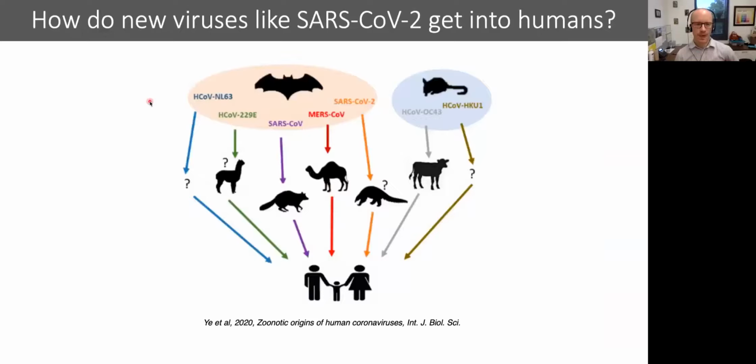Next big question, how do viruses like SARS-CoV-2 get into humans? Well, this typically occurs by what's called spillover from another species. So this graphic shows the likely origin into humans of various coronaviruses. So all of these little COVs are different coronaviruses. And as you can see, the evidence very strongly points to the fact that SARS-CoV-2 originally comes from bats, with maybe an intermediate host along the way, like a pangolin. And so what this means is basically somebody at some point had contact with a bat or a pangolin that had SARS-CoV-2 or something very similar to it.